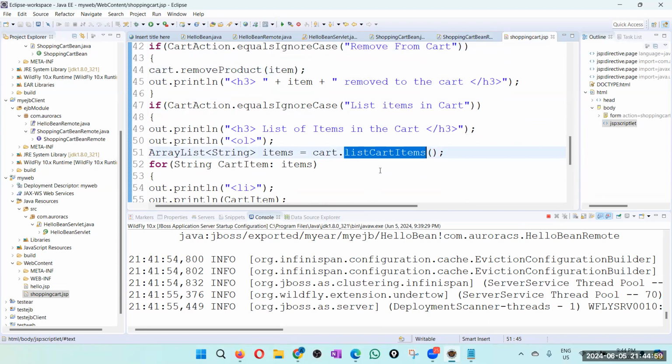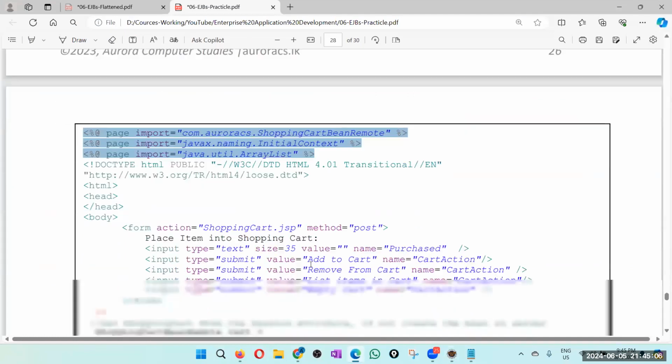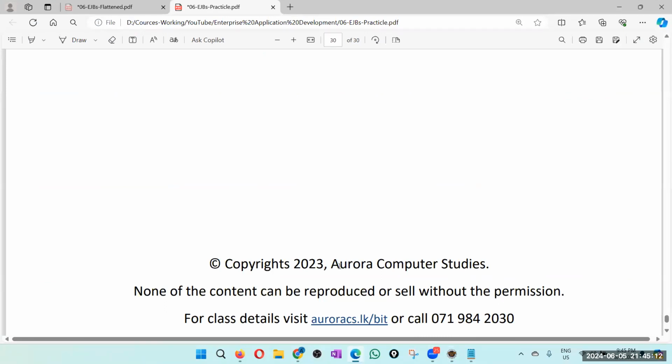Okay. Right. So that's it about our practical session. So don't memorize code. So your task is get a feeling about how enterprise Java Beans application development is done. So you create a EAR file. To EAR file, you add a EJB file. And if you want, you can even include your web WAR file, dynamic web file. So then make sure that to the WAR file, you include the EJB client project. So then you write your remote methods, remote interfaces, and implement as stateless session beans, stateful session beans, and so on. I did not cover the message-driven bean as a practical thing because that is not seriously mentioned in your